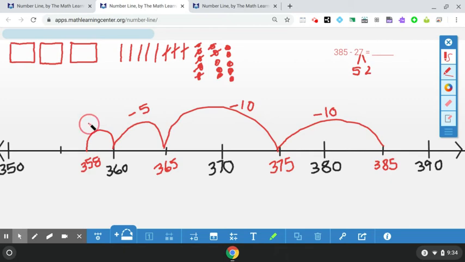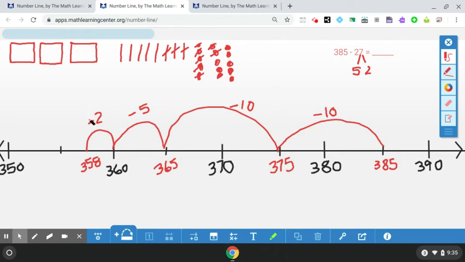Okay. So what I did is when we work with our number line and we're taking apart or taking away a 2-digit number, we jump back those tens because counting backwards by 10 on the number line is not too difficult. 385, 375, 365. You're noticing that pattern. And then when it came to take away 7, I noticed that in my friendly numbers, I could take 5 away and then the rest of it being the 2 more to take a total of